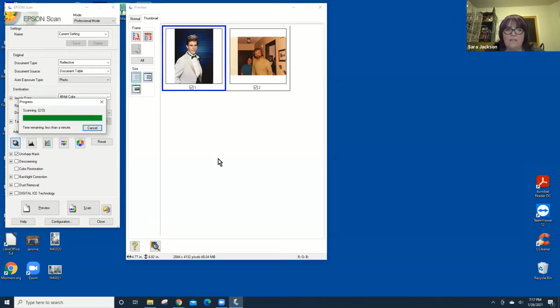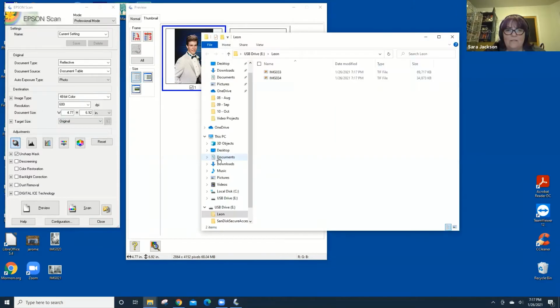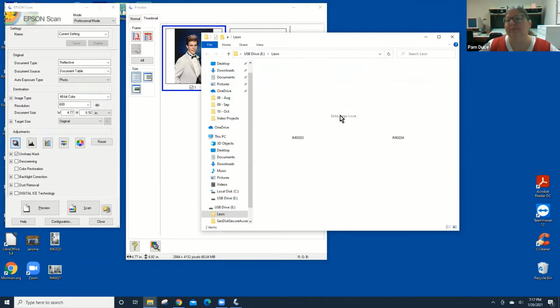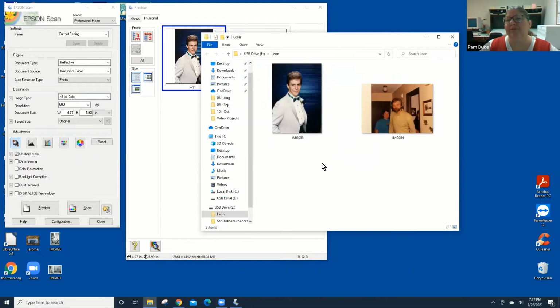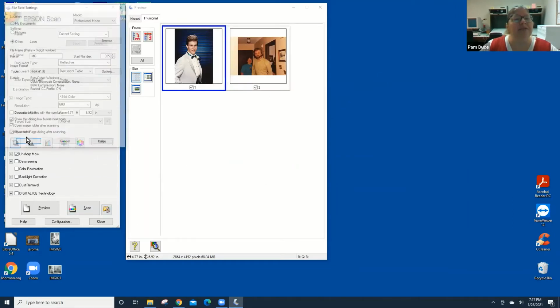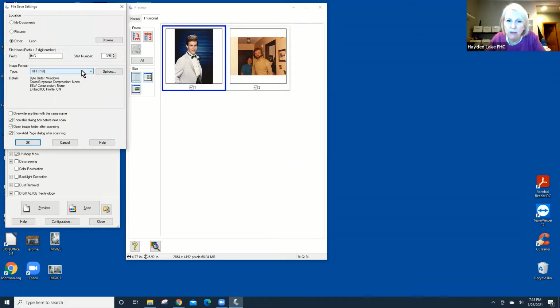It's really fast. Yeah, it is pretty fast for a flatbed, and it is at a higher resolution. So it showed me where it saves them. Now this one is in list form, but to change that to the images, we just right click, go to view, and click on our images. So now to change it and save it as JPEG,